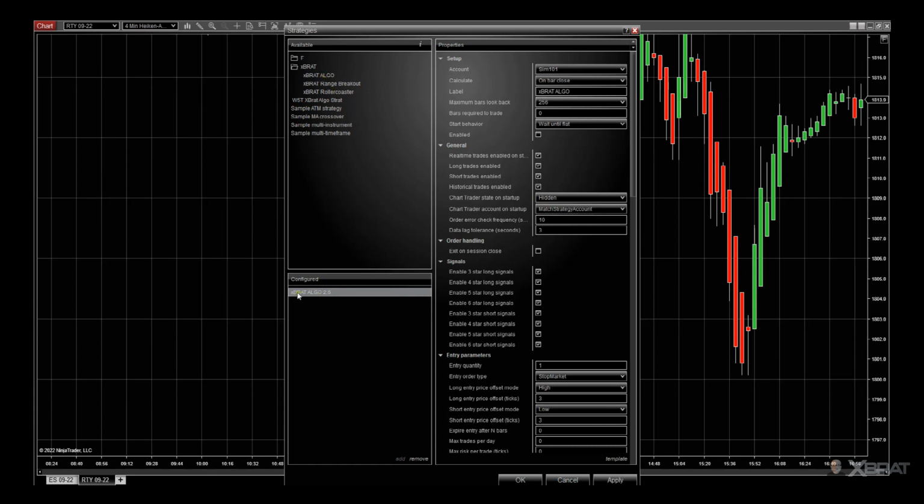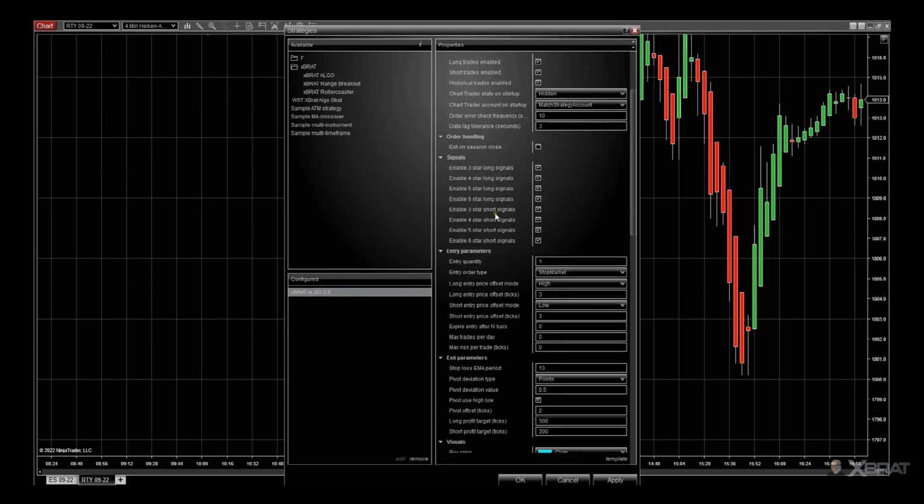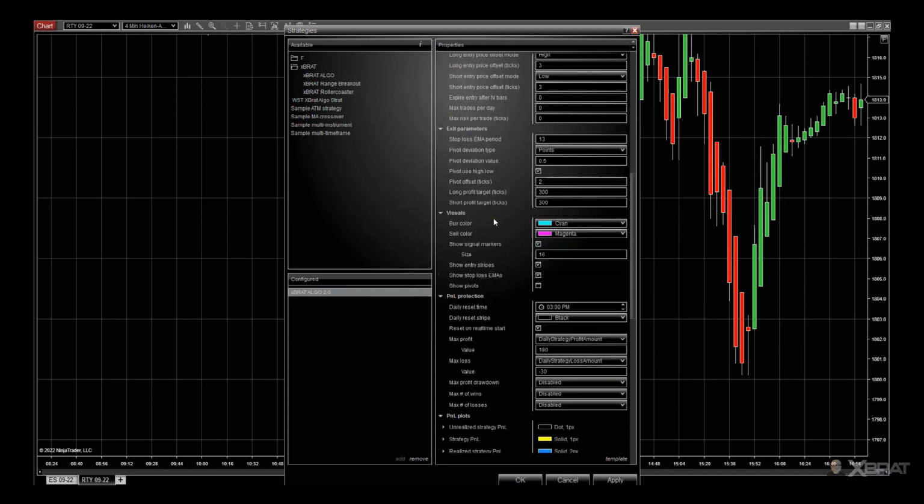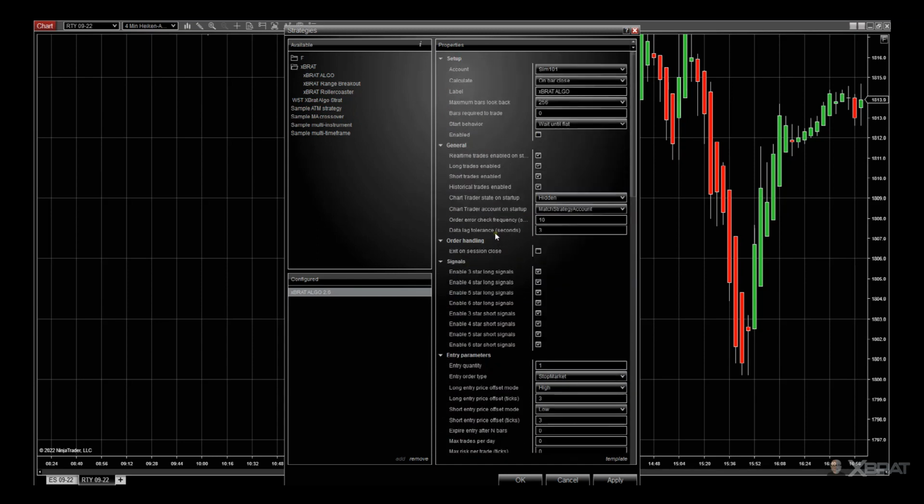Then you'll see down in configured xBratAlgo version 2.6. So we're on version 2.6 as I'm making this video. All the main properties here that we've discussed in the general settings and the specific settings for xBratAlgo are all in there and all default for right now. The first thing to do is just click apply, click OK, so it's on your chart and it's in the